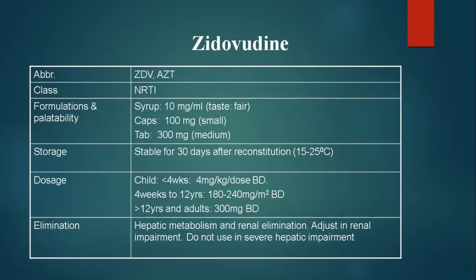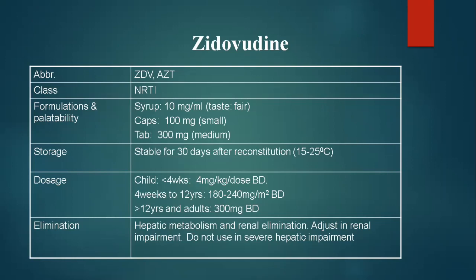And lastly, we'll look at another drug, which is zidovudine. So zidovudine is abbreviated as ZDV or AZT. Under zidovudine, we have presentations such as 300 milligram tablets, 100 milligram capsules, or 10 milligrams per milliliter of syrup. So here you find that this is one of the drugs that is commonly used in Zambia, and